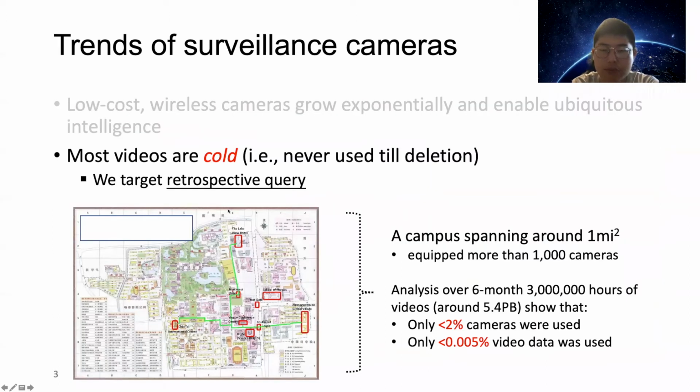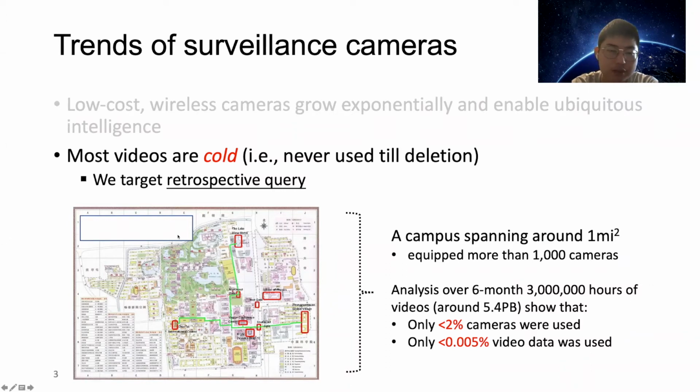But given such a large volume of videos being captured every day, how much of them have been used? Unfortunately, we find most videos remain cold, which means those videos are never used until they expire and get deleted. So here we analyze the video usage of a campus in China and find only less than 2% of camera streams, and even less video data, have been queried. This is because events of interest are often unforeseeable, like car accidents,